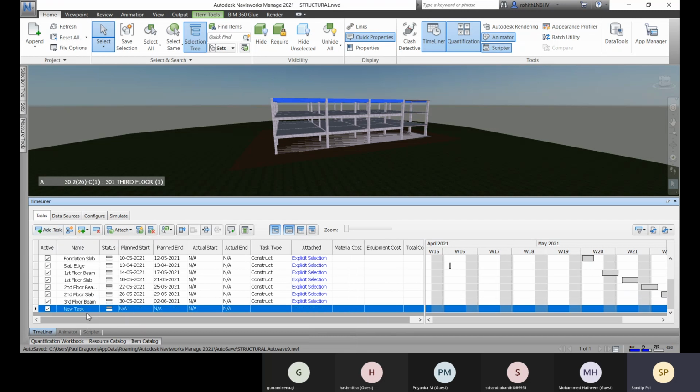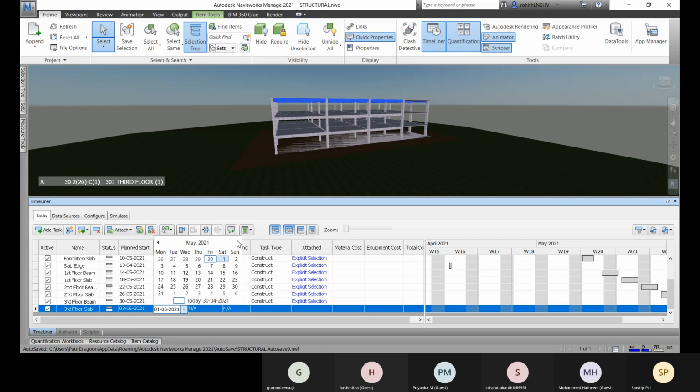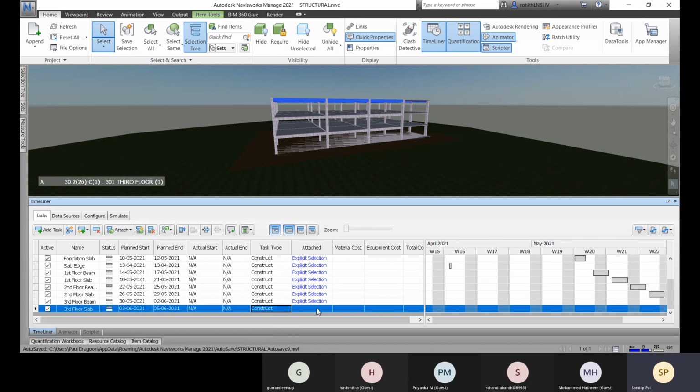Go for add task and that is going to be construct.